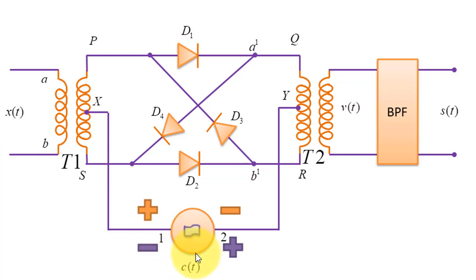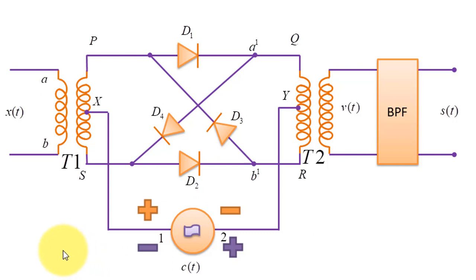That is, the carrier signal is responsible for making all these diodes on and off, and we will discuss how this circuit functions. So let us assume that c(t) is applied at this particular terminal. Obviously the carrier signal is a high frequency signal, so at these carrier frequencies your audio transformer will behave like an open circuit. So c(t) will take the responsibility for making all these diodes go on and off.